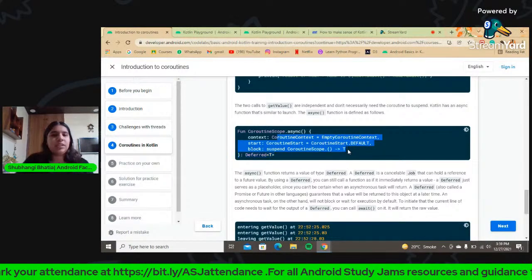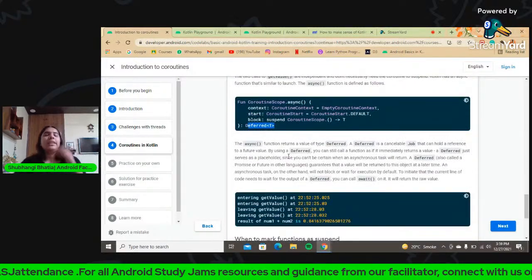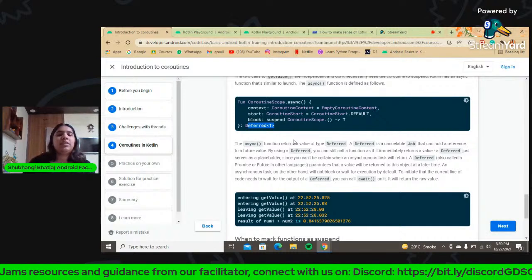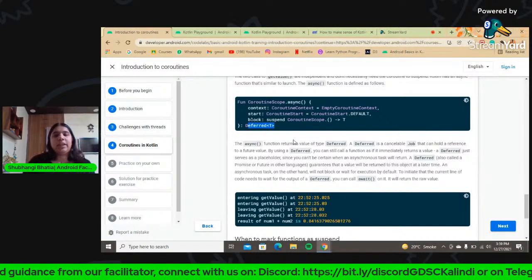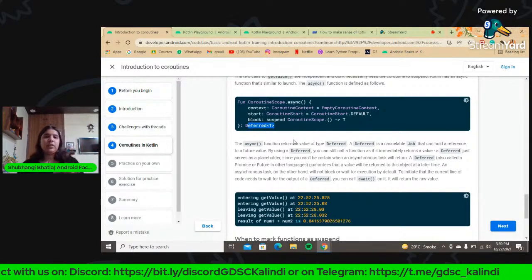ये पूरा code launch जितना same है. Then why the difference? Because of this deferred T. Async जैसे launch जो है वो कोई भी return value नहीं दे रहा है, right? Async function return value देता है of type deferred. डेफर्ड क्या है? डेफर्ड इज़ अ कैंसलेबल जॉब जो कि एक रेफरेंस स्टोर कर रहा है टू अ फ्यूचर वैल्यू।